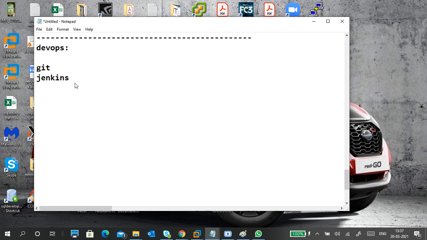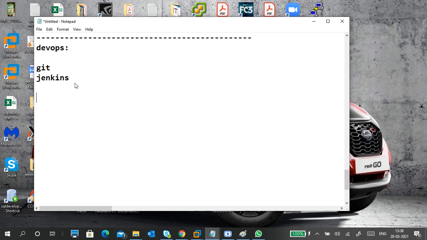Just try Git and Jenkins. If you fail, then I will tell you how to be successful in Jenkins. I will give you a lot of options to complete Jenkins also. But do Git first. That is my part, because next time when you do it, you don't know, I don't know. So this is the Git one.